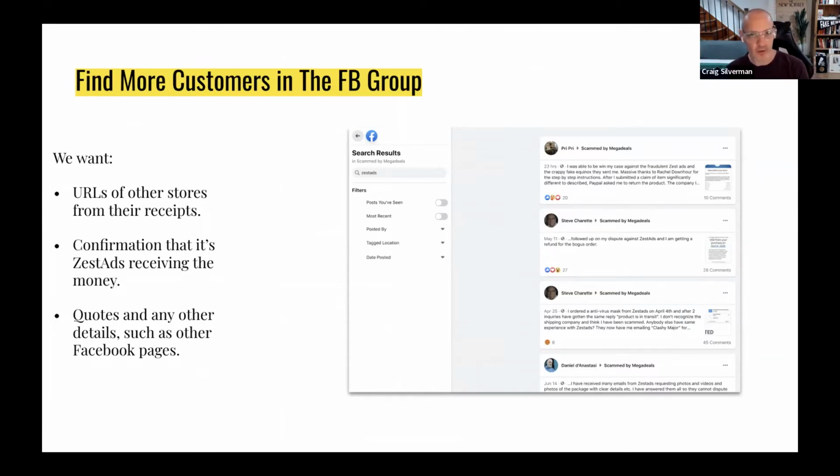So I'm in the Facebook group. I'm finding people who say they bought Zest Ads masks. I'm asking them to forward me the receipt to prove they purchased it and also to confirm the name of the company. And there's another thing that's really great about these receipts: they list the website where the purchase came from. And what I realize is that it's not just this website, happysharings.com. There are lots of different websites where these masks are being sold, but all the receipts say Zest ads.